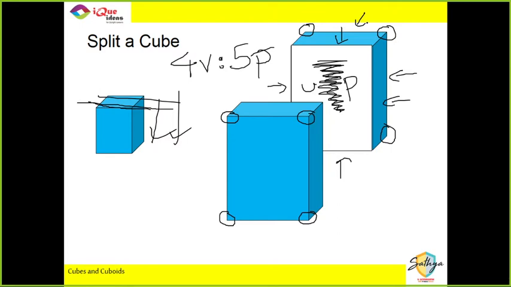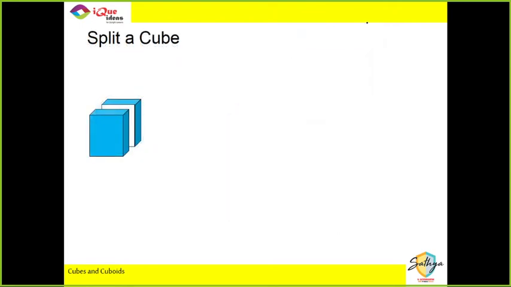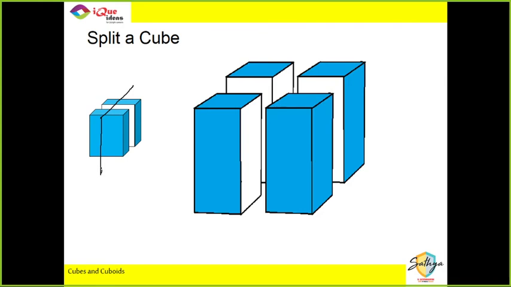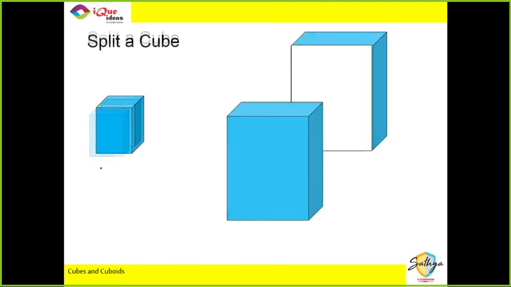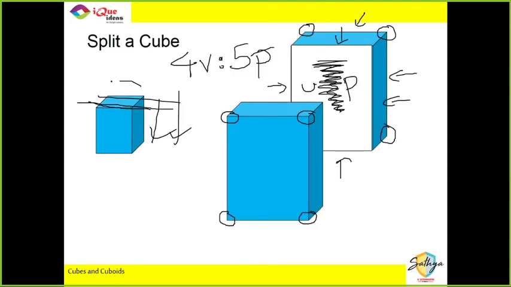Now, I'm going to cut it once more. I've already split it once. Now, I'm going to split it one more time from this side. So now 4 pieces are made. Amanbir, I just explained it. How 5 pieces? See, this is the original piece, 6 sides painted. Got that?